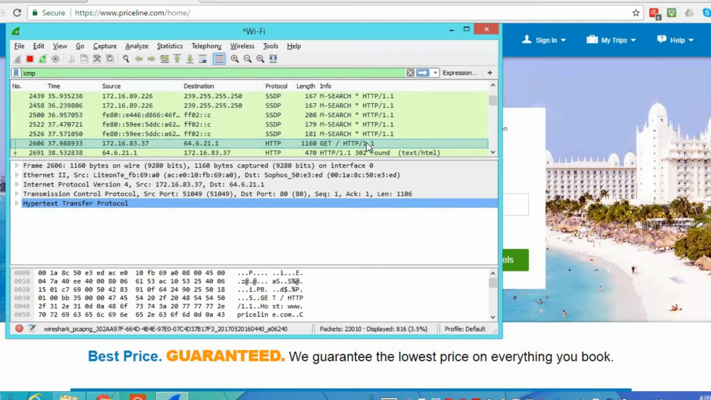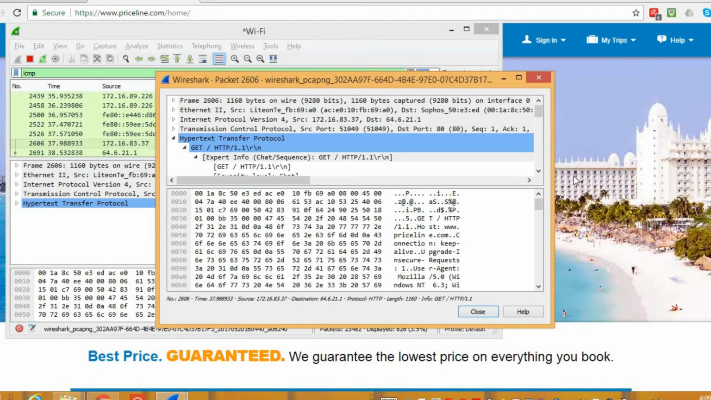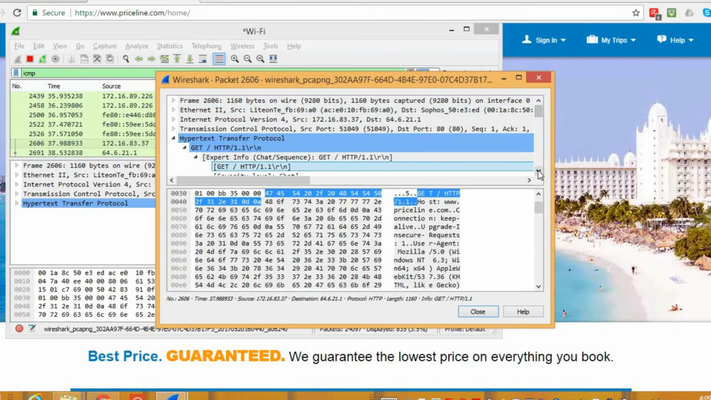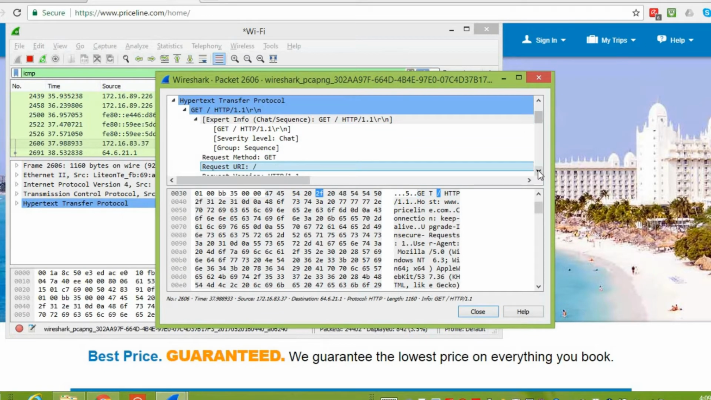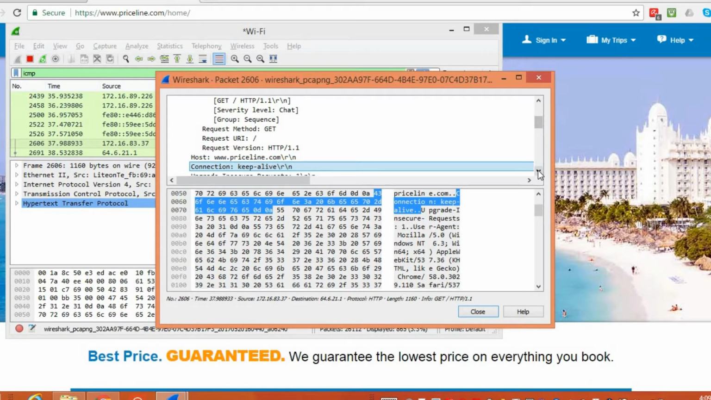So just double click on it and go to Hypertext Transfer Protocol, and you can see the method that they use is the GET method, and the request URI is a backslash because they use Windows. So the host is www.priceline.com,